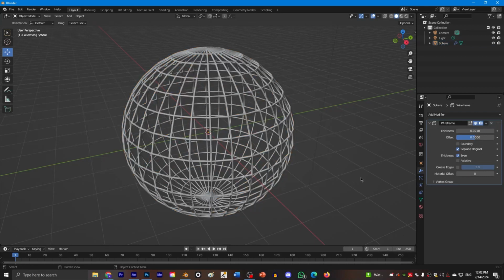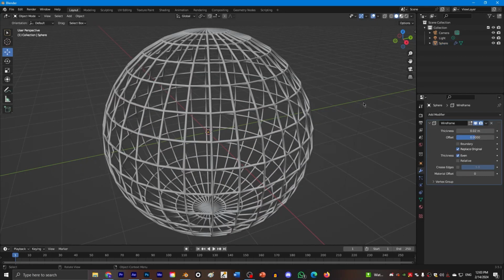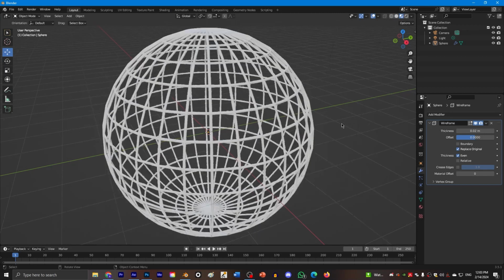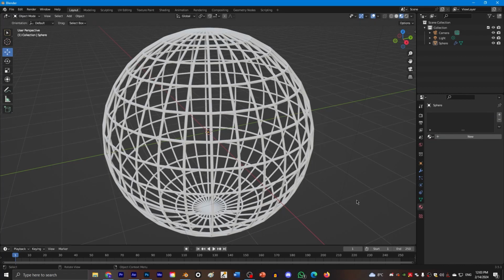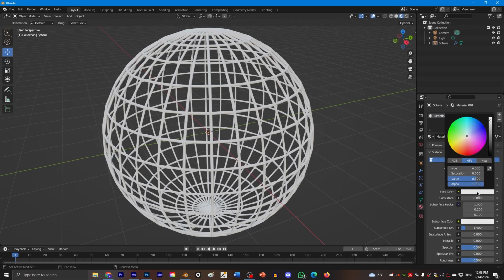It's called wireframe, and that's pretty much it. Don't forget to change the color to whatever you want. You go over here, add plus, new, and go to base color and you can change it.